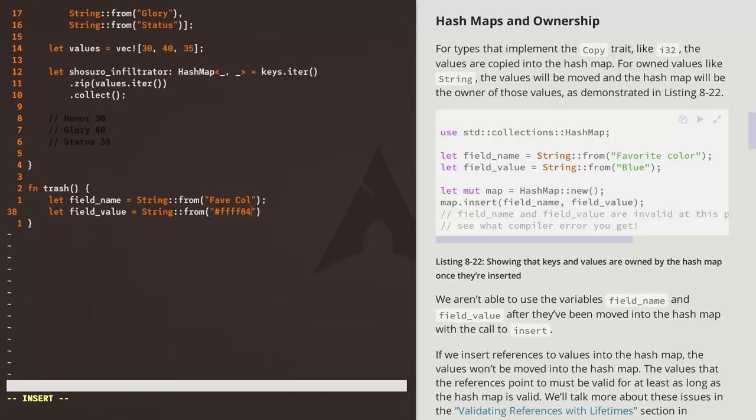It's a pretty good one. And then let mut map equal HashMap::new, and then map.insert(field name,